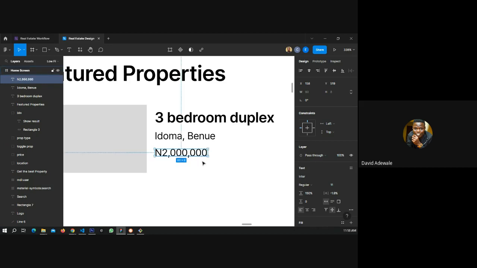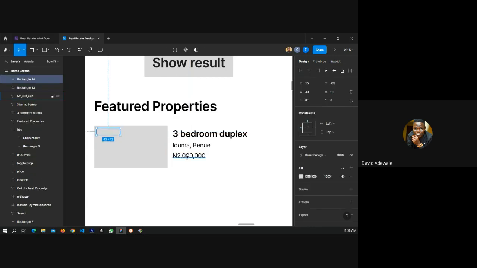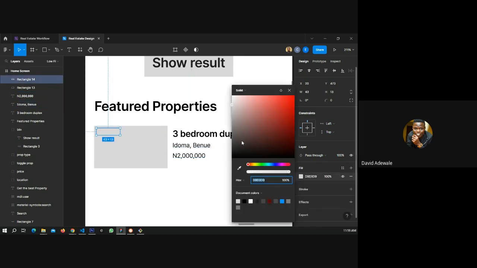Then what type of category is it? It's going to be either for sale or for rent. So let's assume this one is for sale.